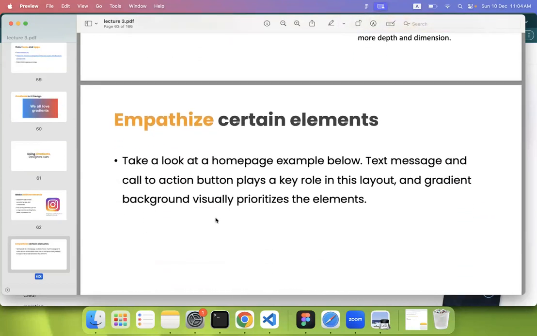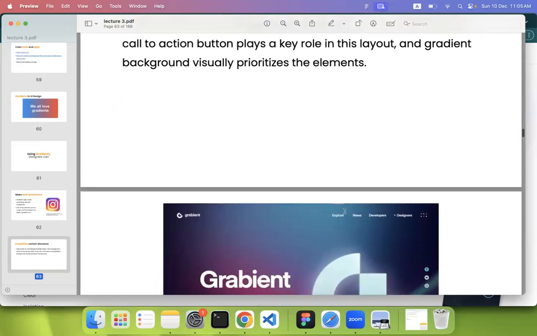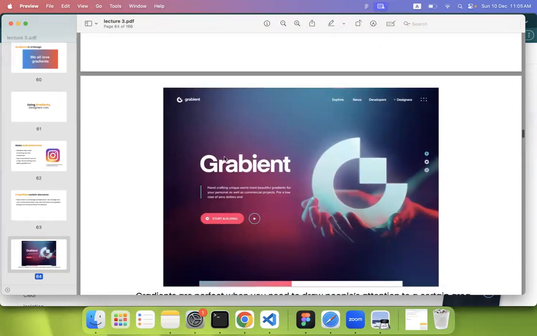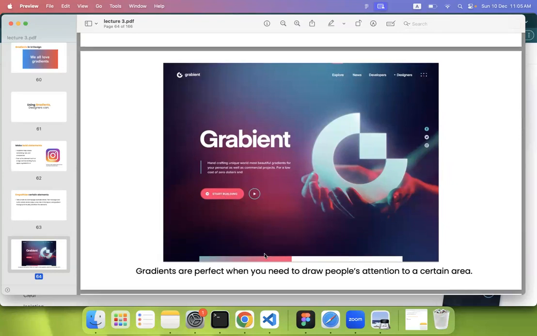Emphasize certain elements. Take a look at a homepage example below. Text message and call to action button play a key role in this layout, and the gradient background visually prioritizes the element. Okay, now in web designing, we call this part the above the fold because this is the first part that users can see when they are loading a website. So you have to convey the message. You have to give your message faster, easier to understand and easily readable to your users within this particular above the fold section of your website. So in here, they are using a gradient background, whereas you can easily read their brand name and the text that they want to give as a description. And also the call to action button is easily clickable,